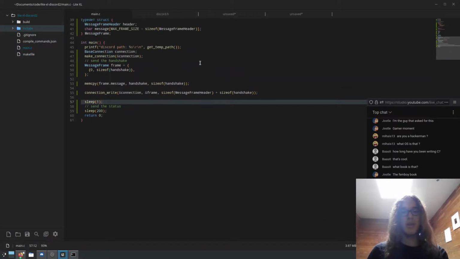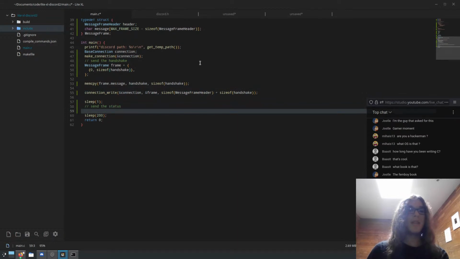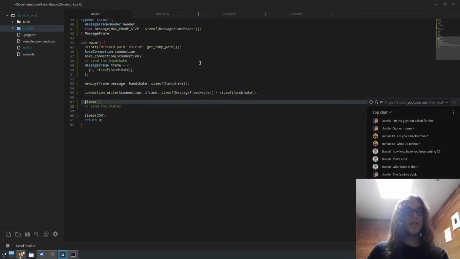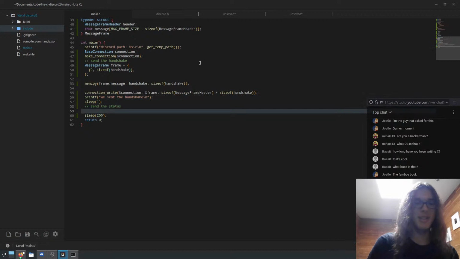Okay, well, I'm not going to wait 200 seconds. This seems to be working, right? Totally working? Yeah. Let's pretend it is. And I should probably print something here so we know that it did it. We printed. We sent the handshake. I love that the Rust library doesn't even check for a response. If they're doing it, I'm gonna do it too. Come on. Anyway,